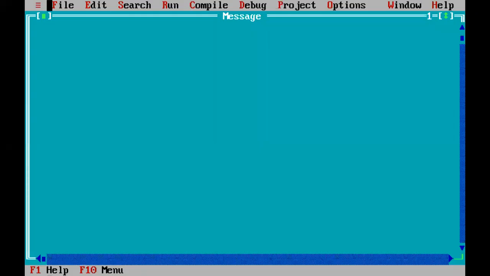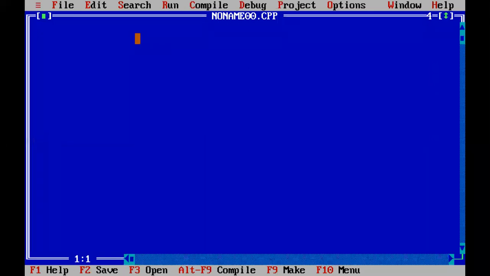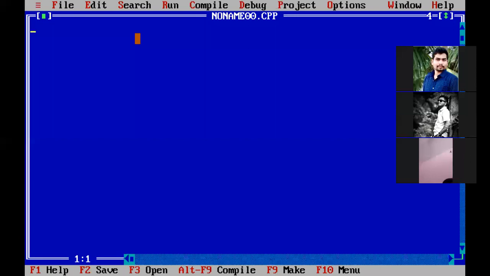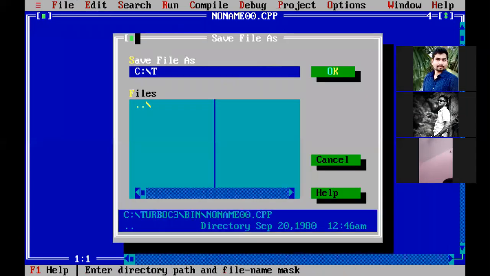Okay, go to new. Yeah, close this window. Maximize. Go to file menu and save it. Save it with what? What is the topic name? Nested structures. Nested struct dot c. So the topic is